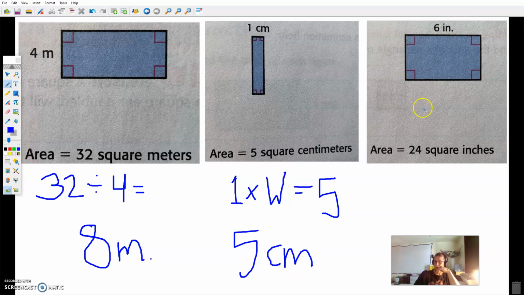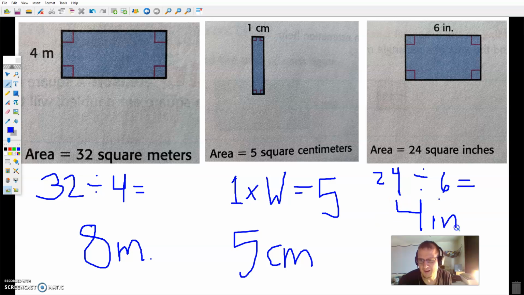And then my last one here, if I've got an area of 24 and a width of 6, I'm going to do that 24 divided by 6 to get an answer of what? 4 inches. Okay, I might throw a couple of story problems into the practice, but for the most part,